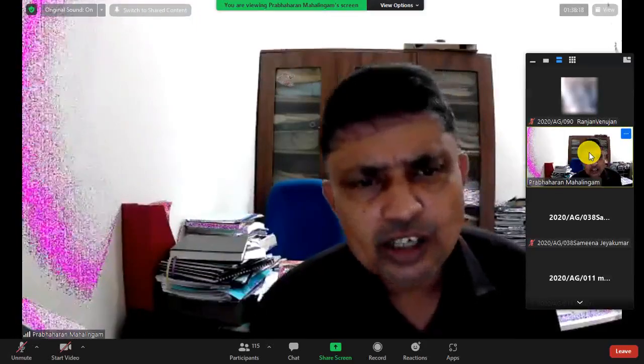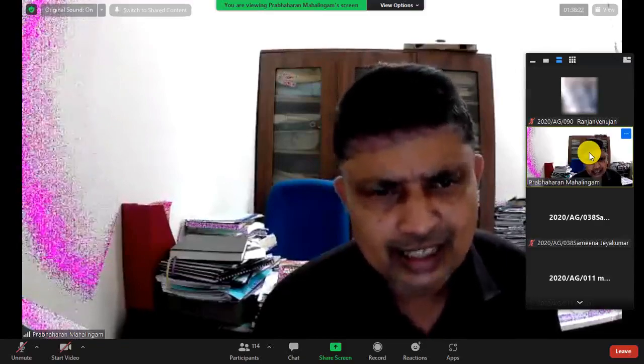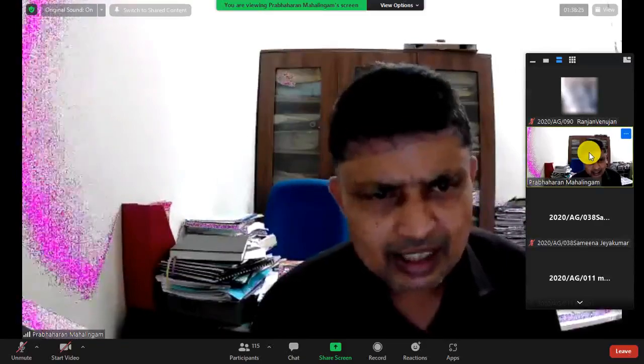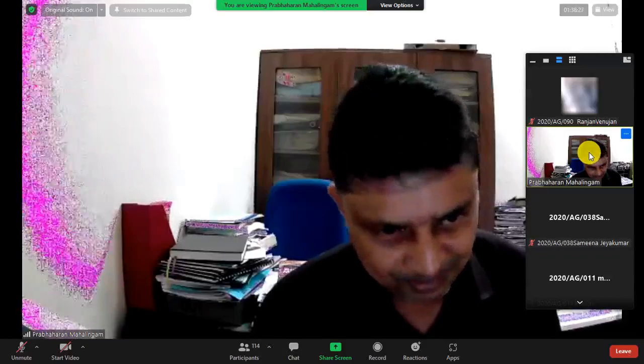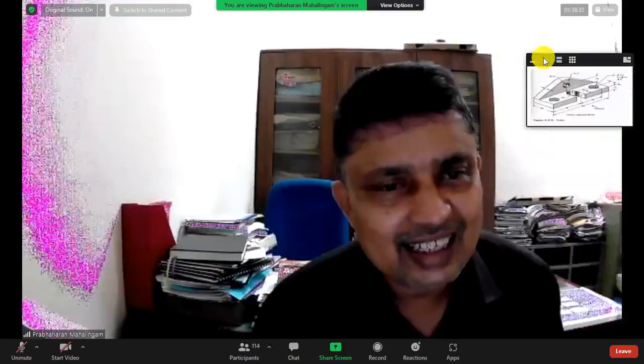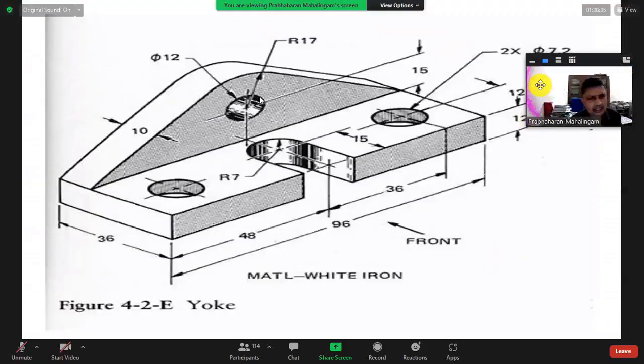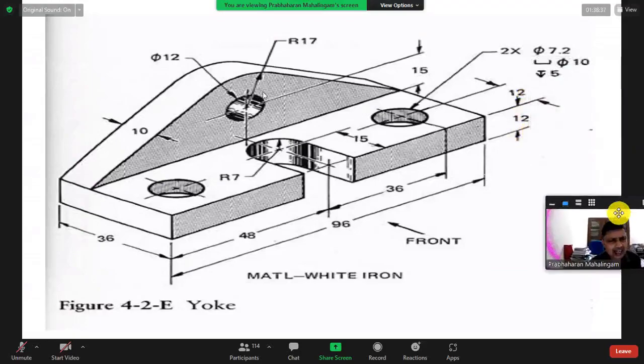So front, you will see blue color shaded area front, this side, and this with the circle. So here you see it's a 3D circle. They have orthographic view 2D. It's a simple circle there. You can't see inside. So here hidden line is there. Two circles, hidden line is there.